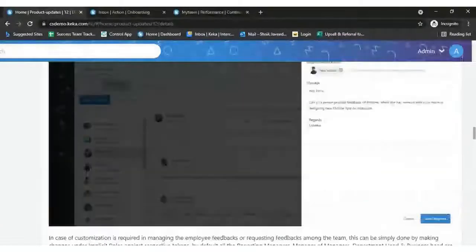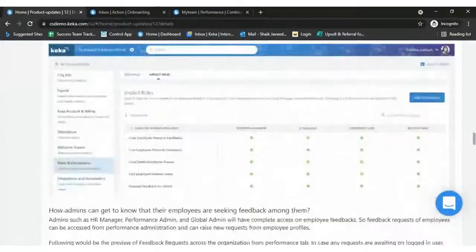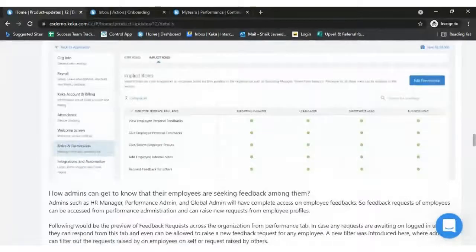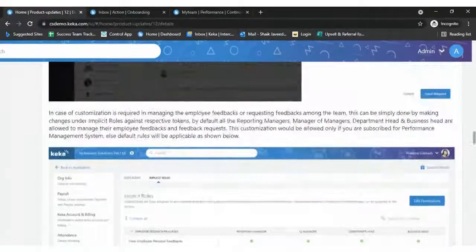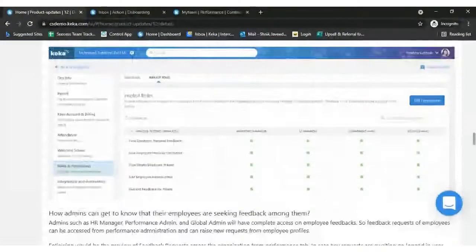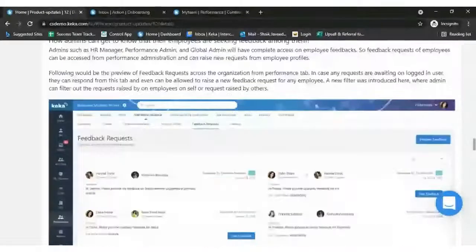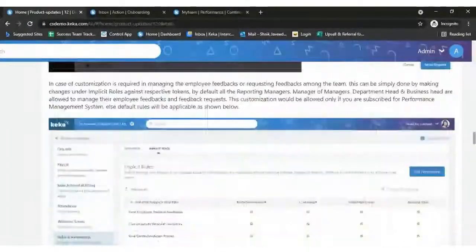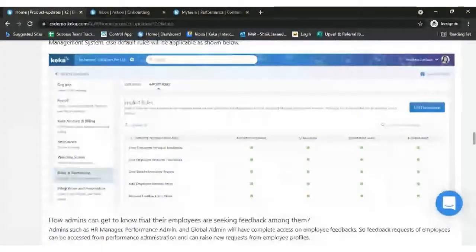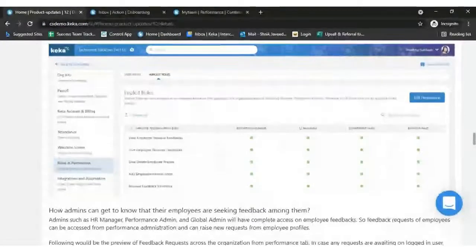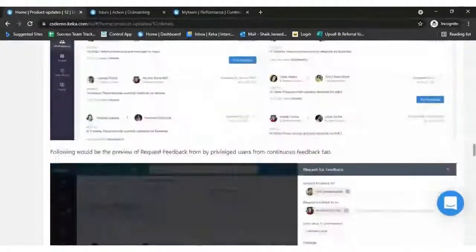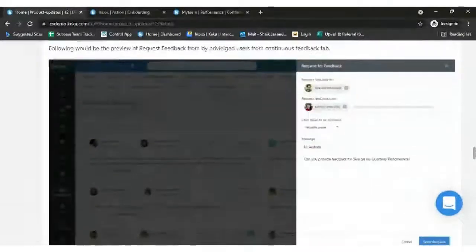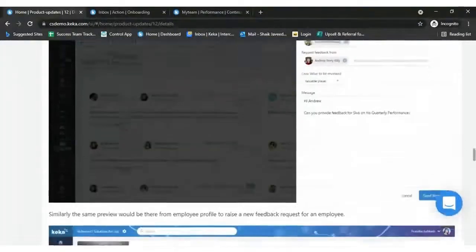Okay, in case you want to capture any special user to manage this, if you want to create a separate user for managing this complete activity of providing feedback and all, you can create a user and manage who can view that and whose feedback that user can view. You can manage it under custom roles and permissions. But again, this option would be available only for the clients who have opted for this add-on feature of custom roles and permissions, right? It's a very different and interesting feature which we got recently.